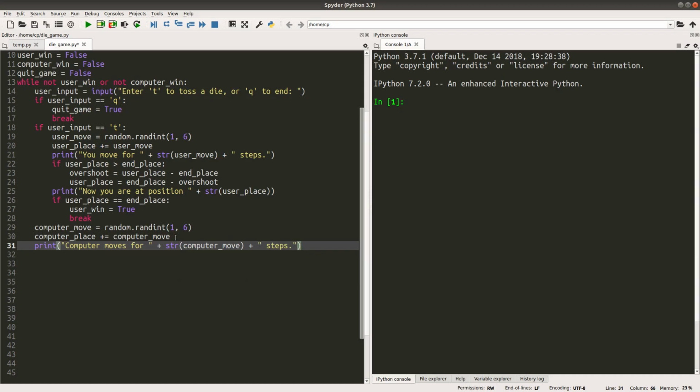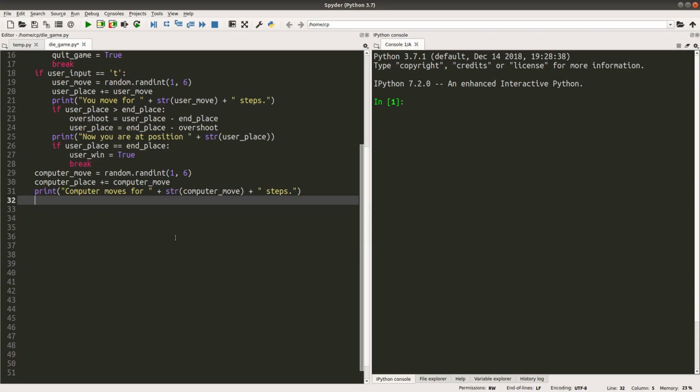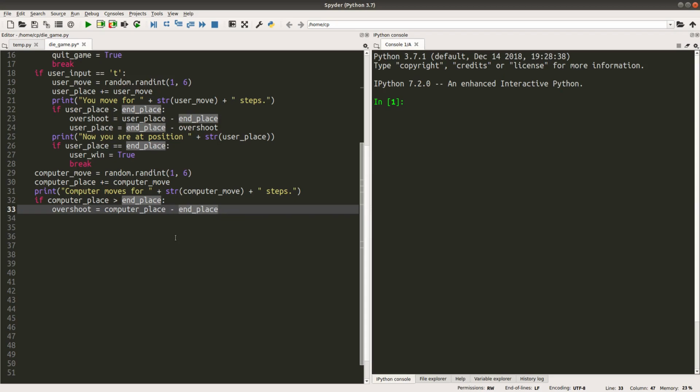I will print out the steps the computer has moved. And then the computer move might have a chance of getting the overshoot. So I have to handle the computer overshoot as well if it really happens. The formula for the overshoot and the resulting computer new position would be similar to that for the user.